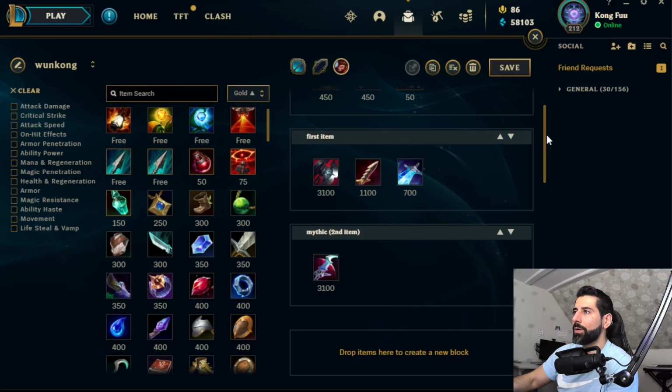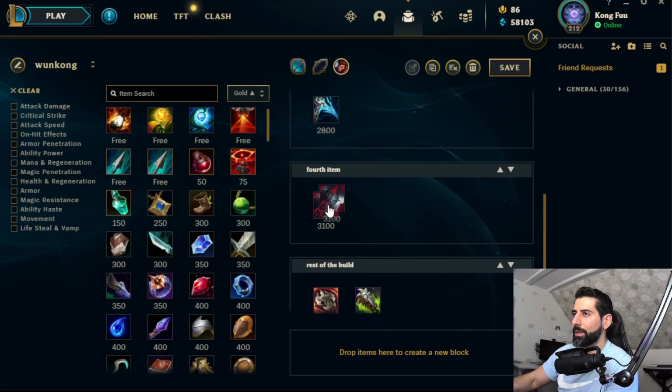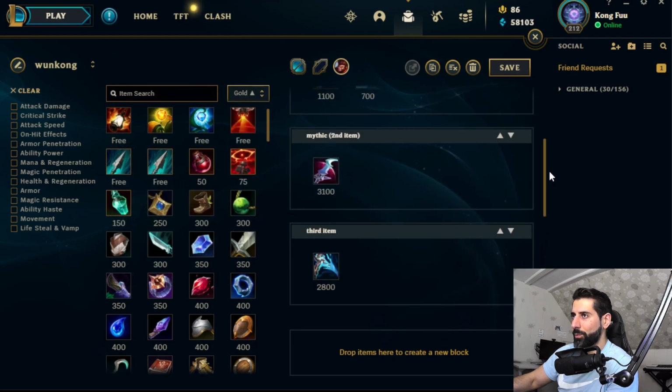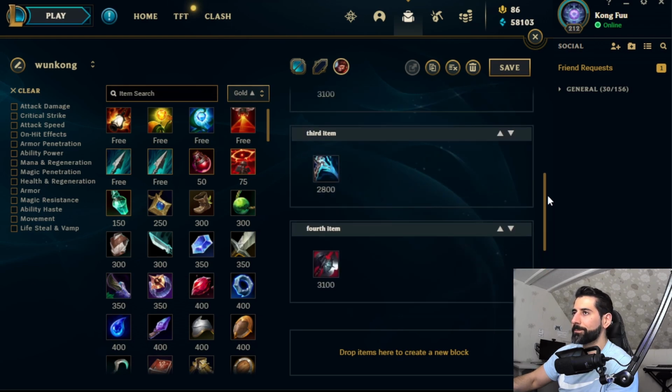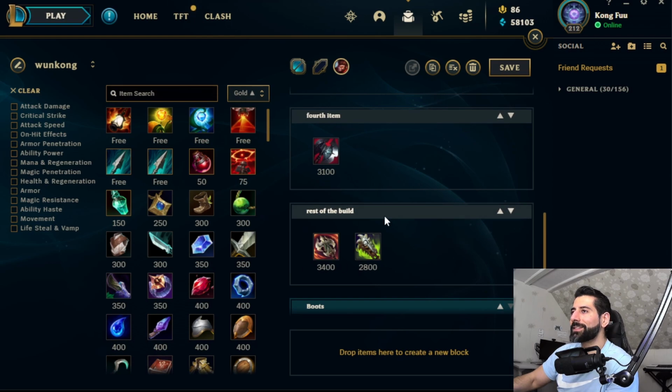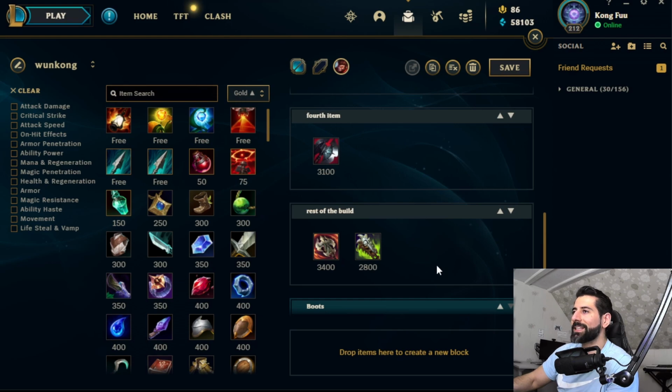All right, so we're gonna put Eclipse back. I mean, Black Cleaver back where it belongs. This is the ideal path that you want to go for. And the next item that you want to look for is Ravenous Hydra, and the last item is